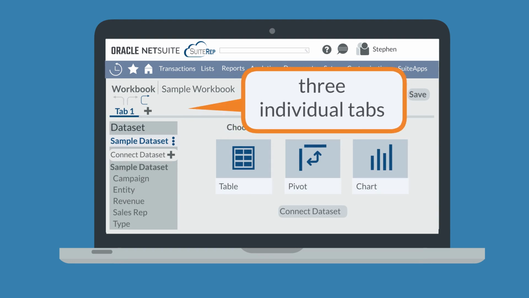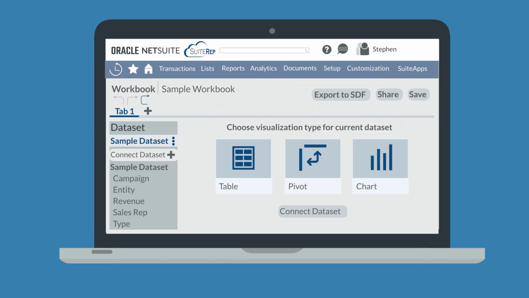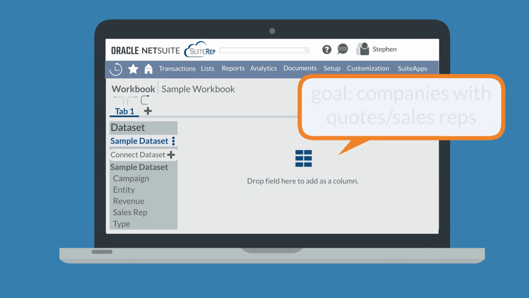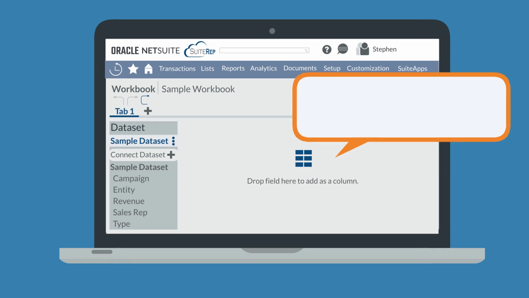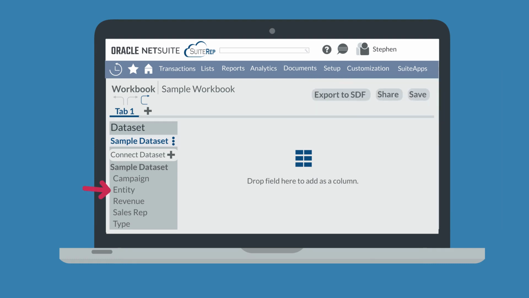We're going to have 3 different tabs on this workbook, one for each visualization type. Let's make a table first. To create a table, select the table tile. We want this table to show us the companies we have provided quotes for and the sales reps that were involved with those companies. To accomplish this, we'll drag the entity field, type field, and sales rep field onto the